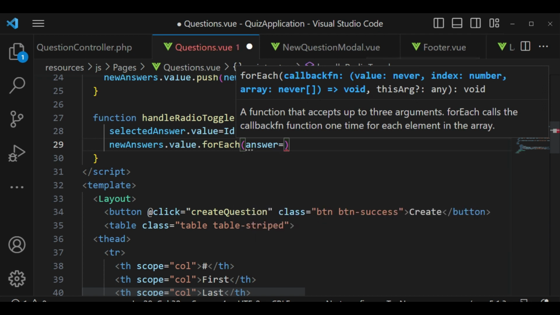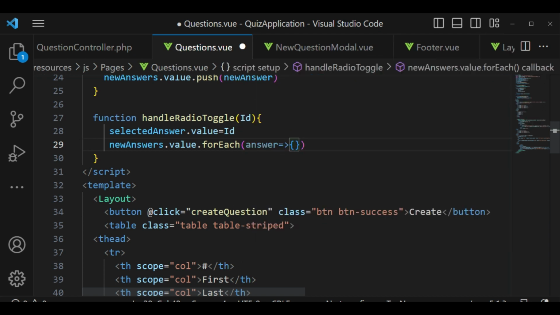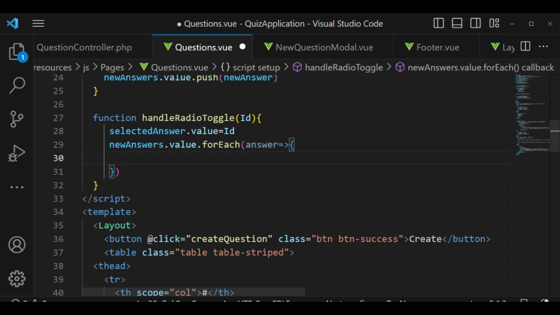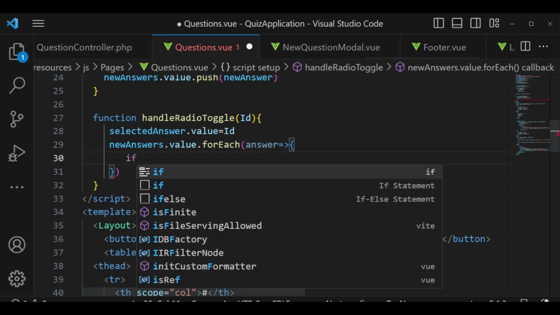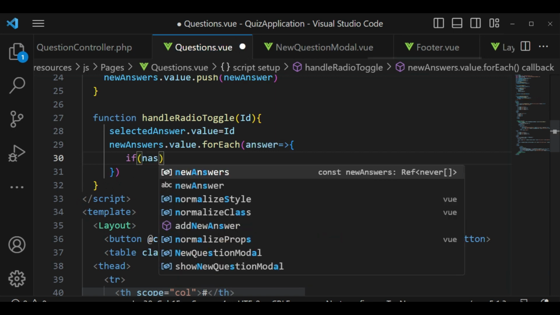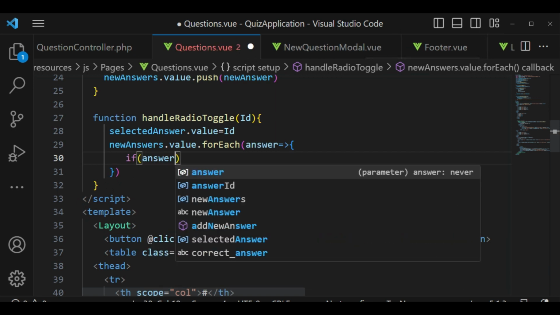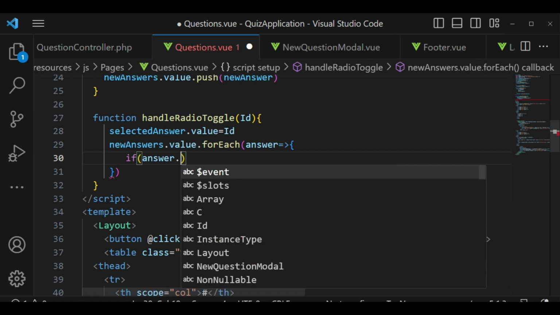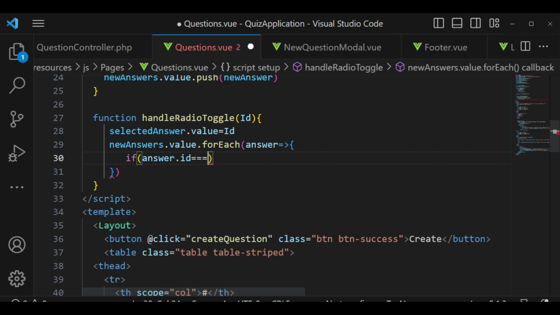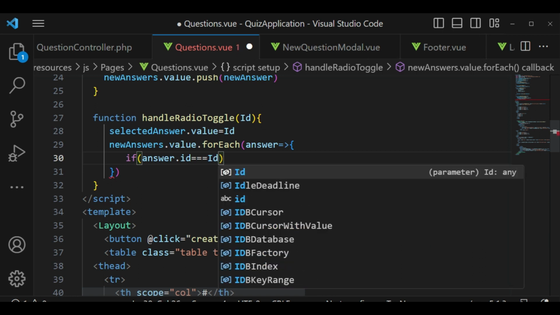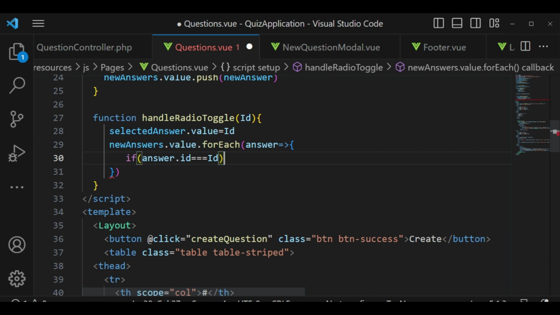you can use an arrow function, and then we can say if answer dot id is equals to id. So we are checking for the answers that have been created, and we are checking if one of the answers in that array is equal to the id that you're passing here. Then we will check